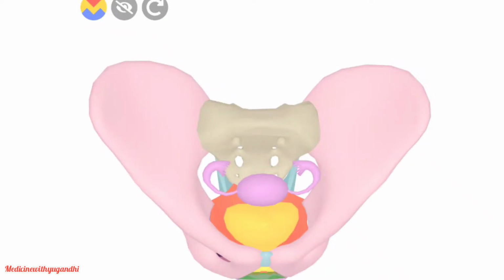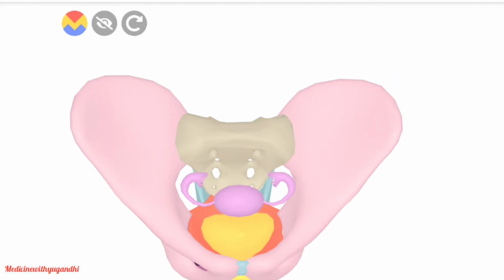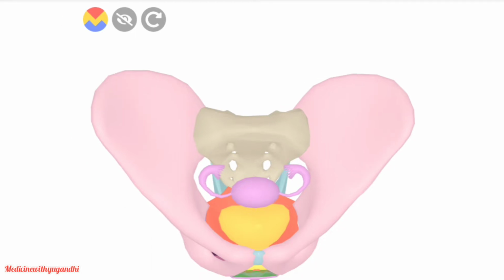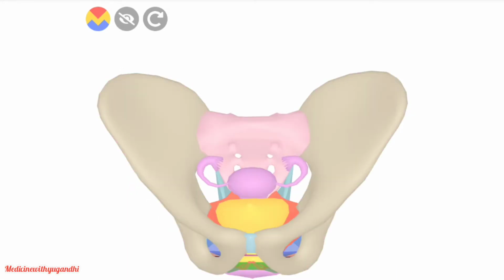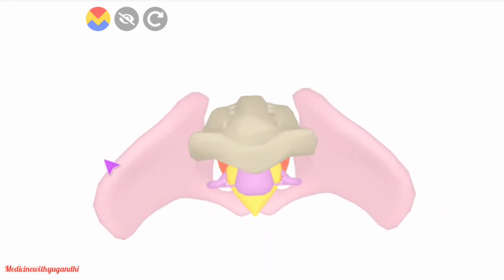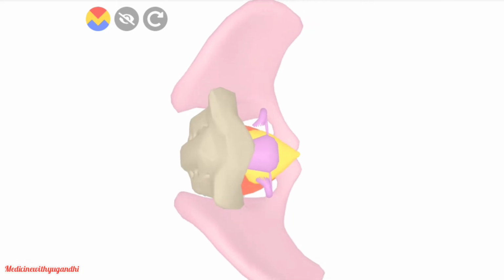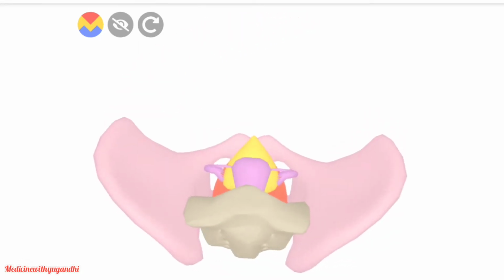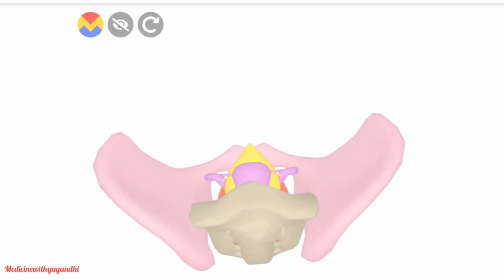In this video, we are going to see about the recesses, spaces and canals of the ischial fossa. But before that, be clear about the coronal section, sagittal and parasagittal section. So if we pass a plane like this, it is the transverse section. And if we pass a plane like this, see, this is the superior view. This is the superior view of the perineum.